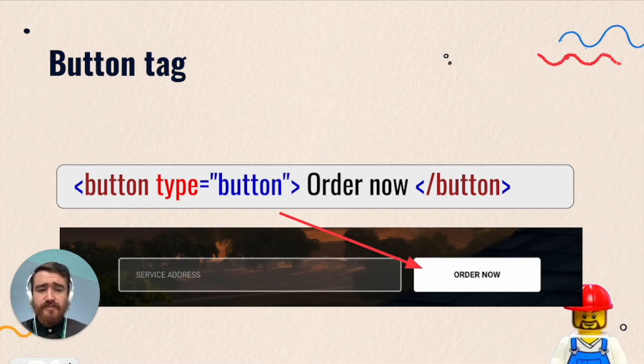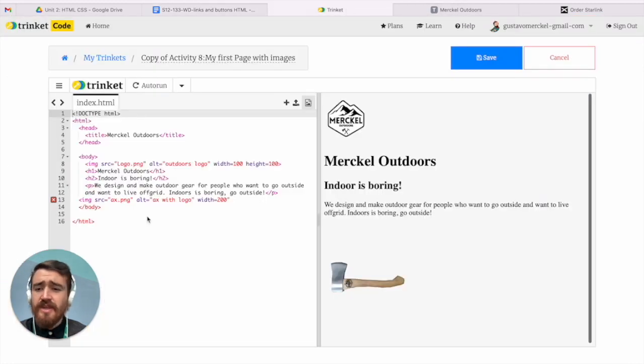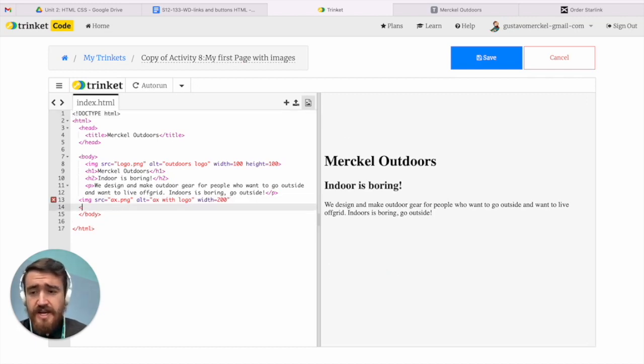We can open it here, and we are going to also define the type. The type is button. Then we're going to write the word that is going to be inside of that button, and then we're going to close the tag. So let's say we want to add that to our website. Let's go over here and say they just saw the text and we want them to leave their data. We say button and then